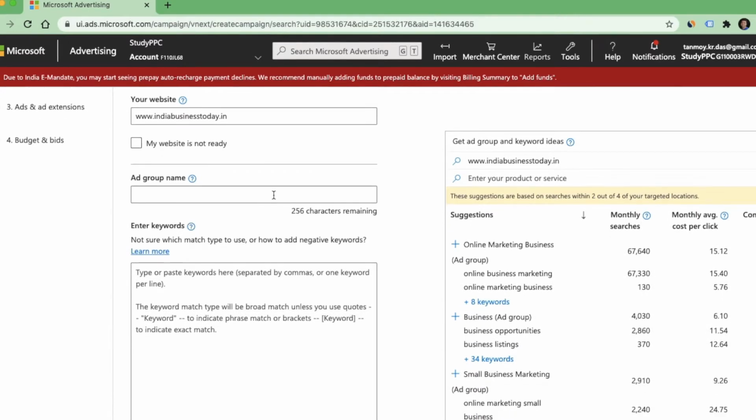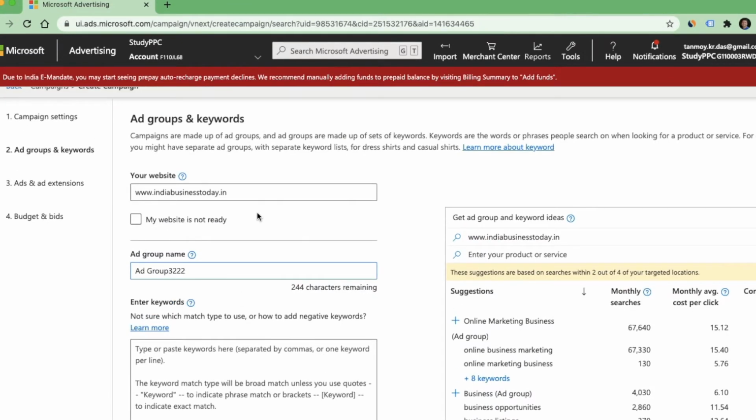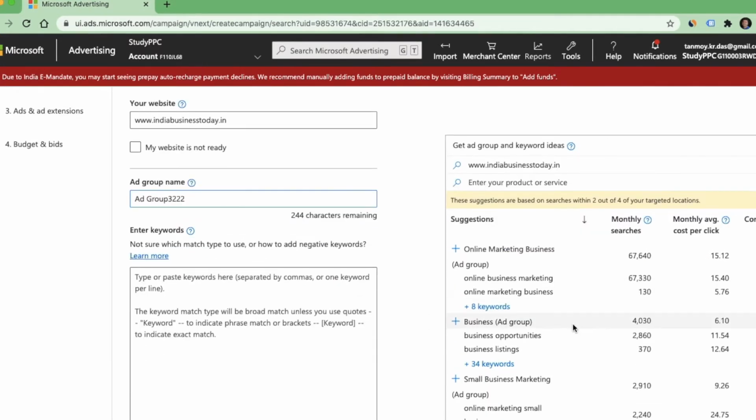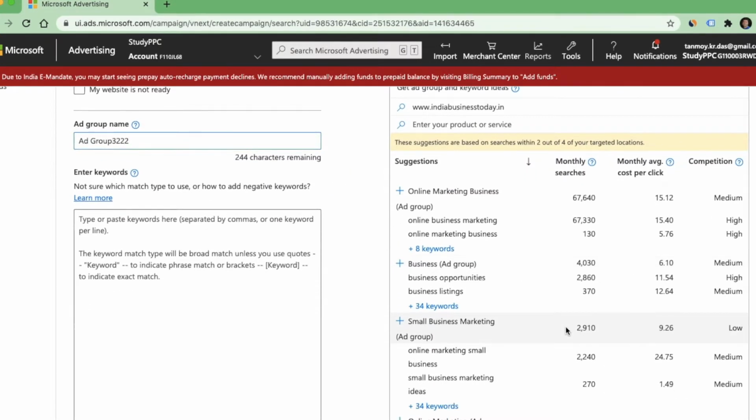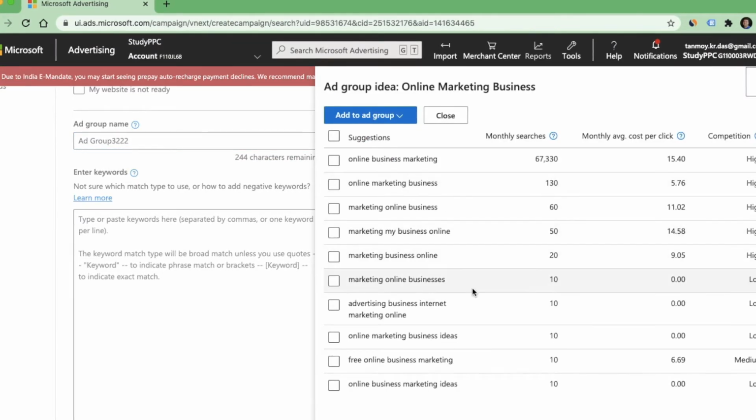And now you can start defining your ad group. The moment you provide your website over here, the system automatically scans the website and gives you some keyword suggestions on the right hand side. So you can have a look at the keyword suggestions given by them. And if you find anything relevant over here, they give you the monthly searches, monthly average cost per click and competition.